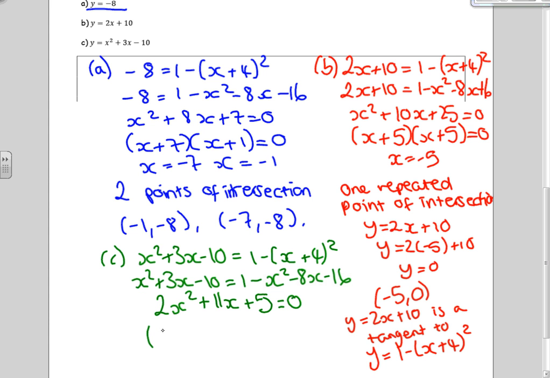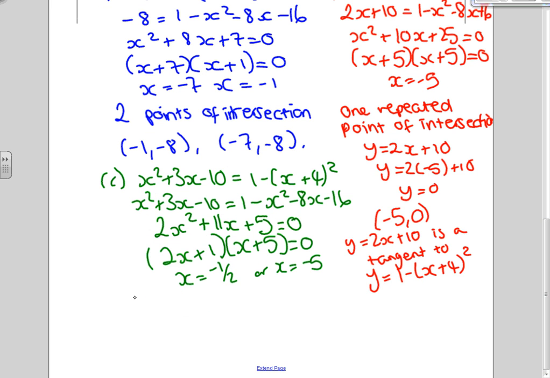And of course factorising this will give me (2x plus 1)(x plus 5) equals 0. So either x equals minus a half or x equals minus 5. And of course we need to find the y coordinates for each one of these. So when x equals minus a half, we have y equals minus a half squared plus 3 lots of minus a half minus 10,